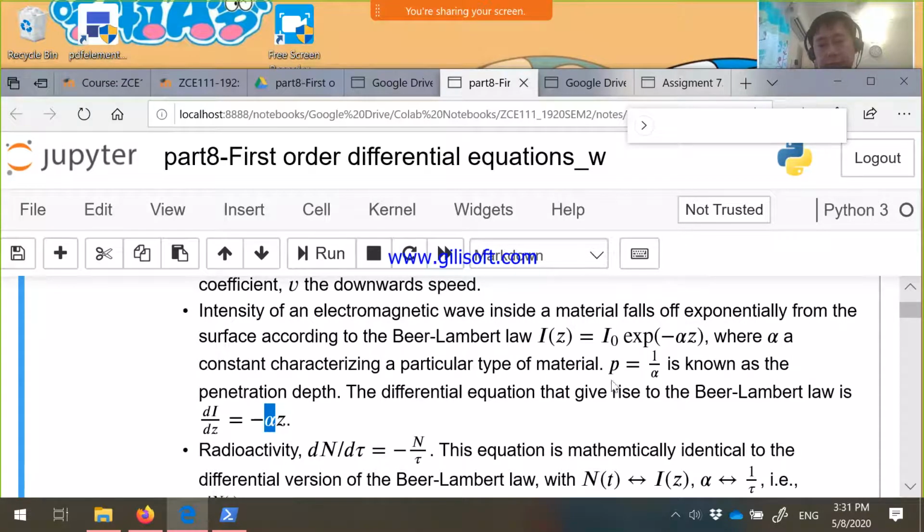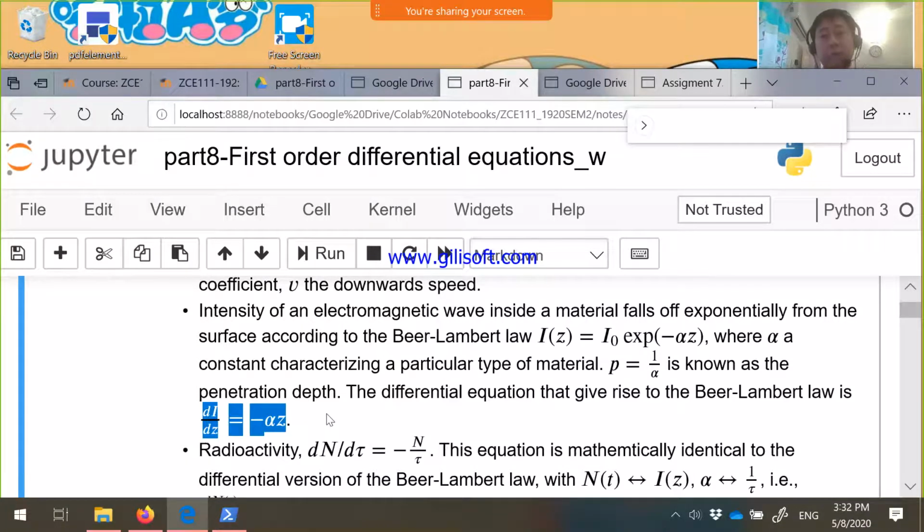So you have this idea called the skin depth. That means if the alpha is larger, then the skin depth is smaller, right? It means that the stronger the object, the denser it is, the lesser the penetration, right? So this is a law that you will encounter again, not only in particle physics or theoretical physics, but in medical physics. These equations that describe the penetration of a ray into some materials, such as your tissue,